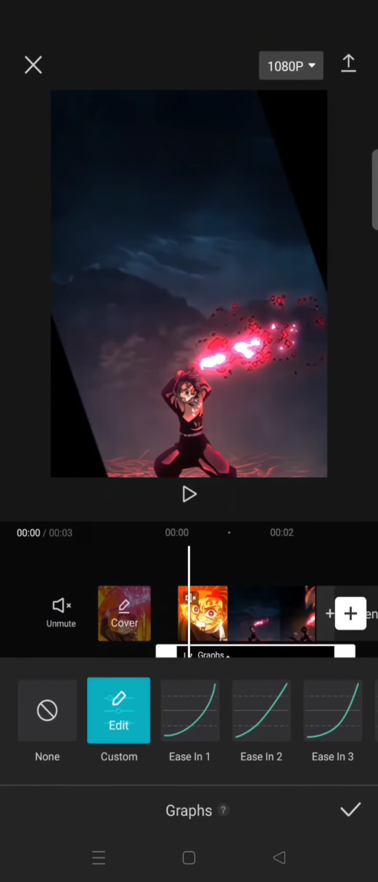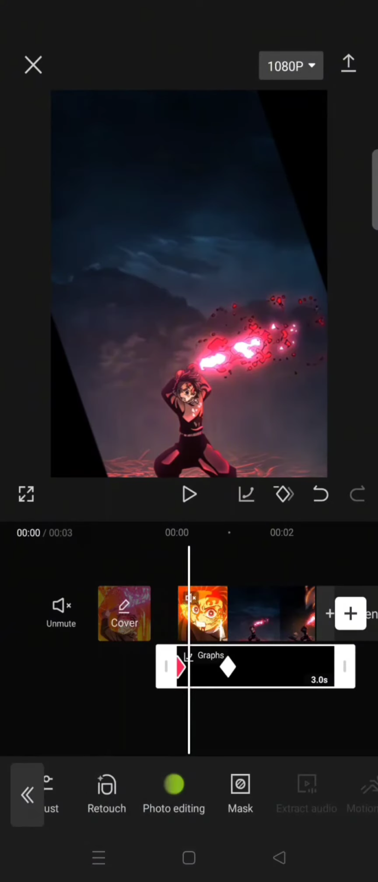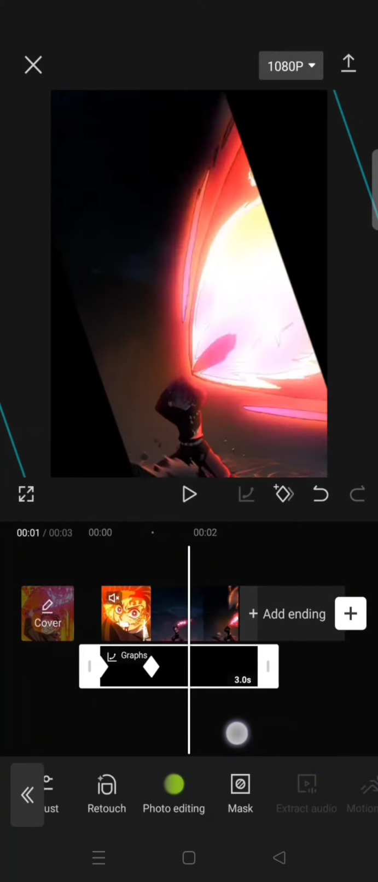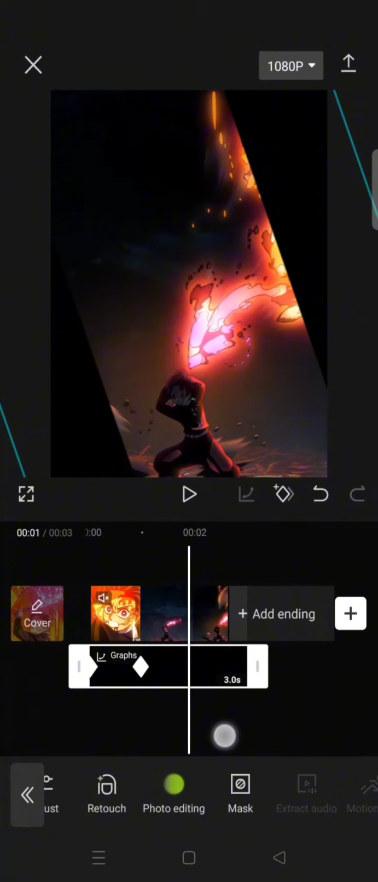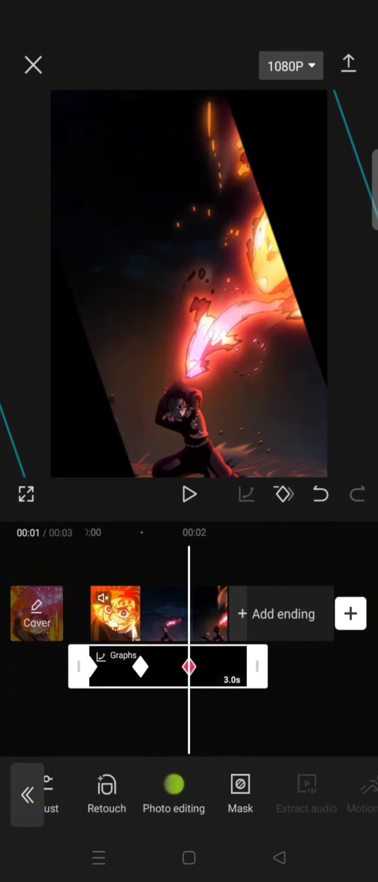Okay, click on the check icon and now go to where you want the zoom to end. So I'm going to end it in here, for example. Add another keyframe and then zoom out the black bars until it's out of frame